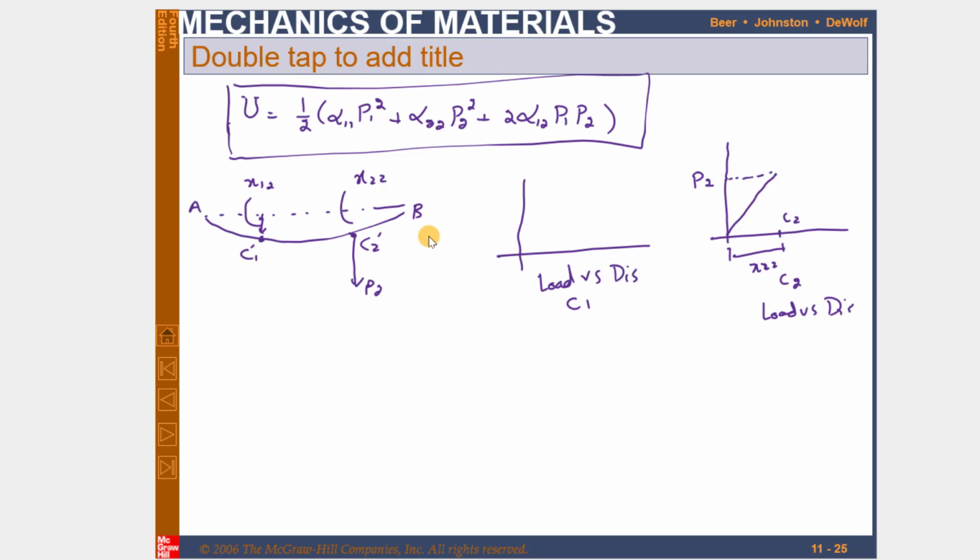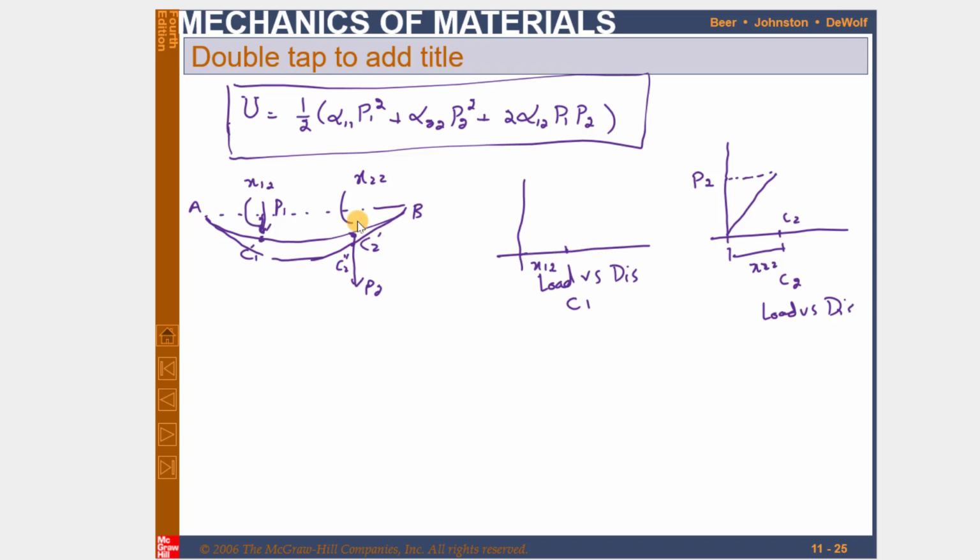Although there is no load at C1, there will be a displacement, which is x12. Clear? Now if you further apply a load at point C1 after P2, due to this load P1 this beam will further move, and this point B will further move. If I draw it on the same figure, if you apply a load P at P1, it will further move like this. Again this C2 dash will move toward C2 double dash.